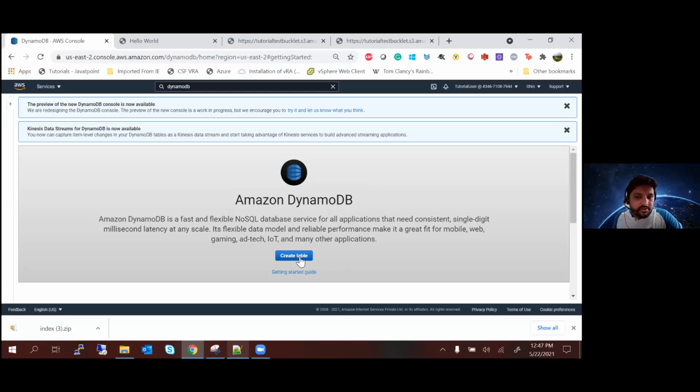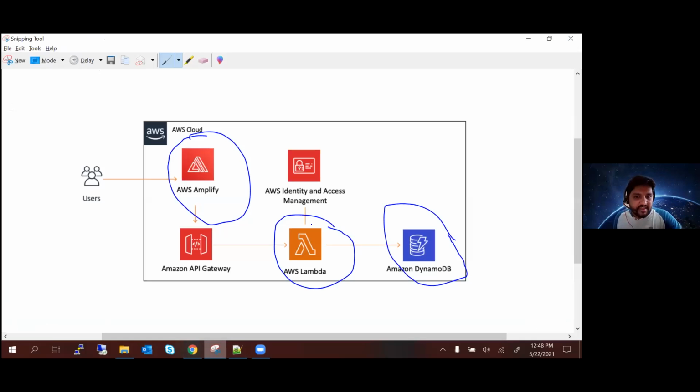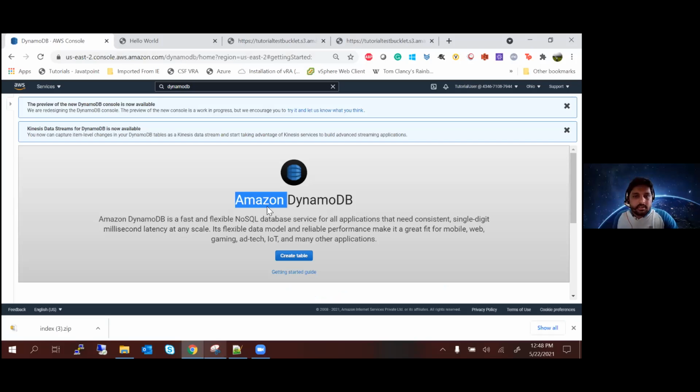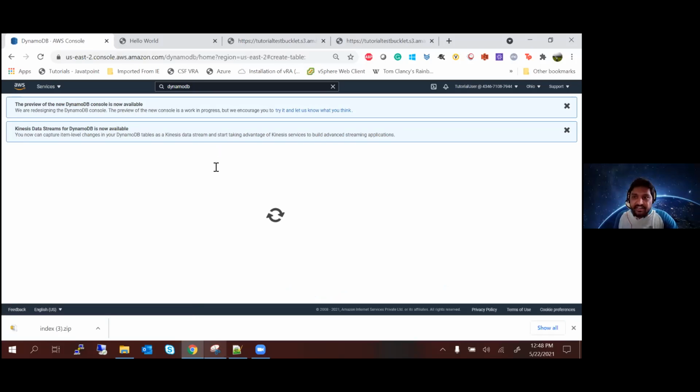Okay, so now you should see a button called Create Table. Before we go there, we have created a Lambda. We have created your front end. Now we are creating this table. Table is where everything that you enter will reside. So if you're on the DynamoDB page, click on create table. Are you able to click on create table?